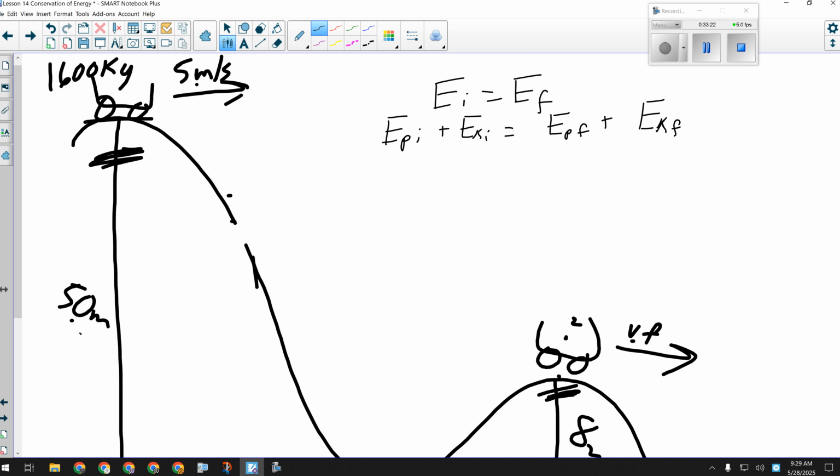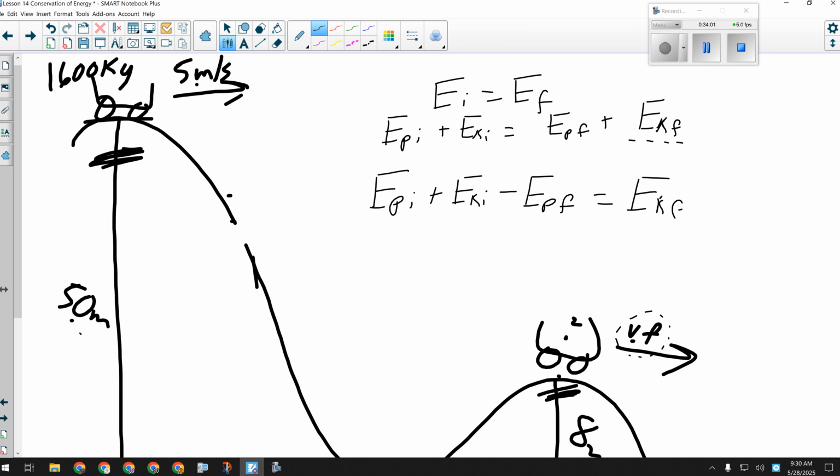All right, so what I want to look for is VF. That would be part of the final kinetic energy. So how do I get final kinetic energy alone? Subtract the final potential energy over to this side. That's where I'm going to leave it in case you were stuck. Now you can maybe get going. Your next step is to put in the formulas and solve for VF. We'll give you a few more minutes on that one.